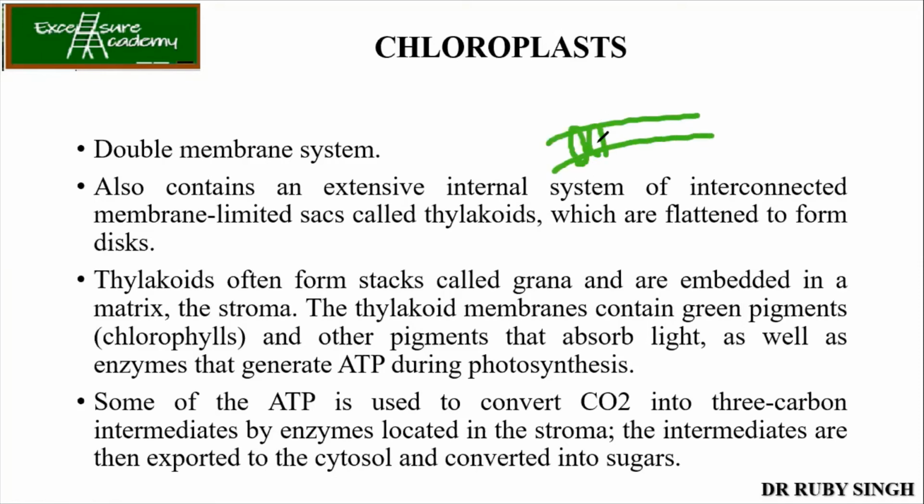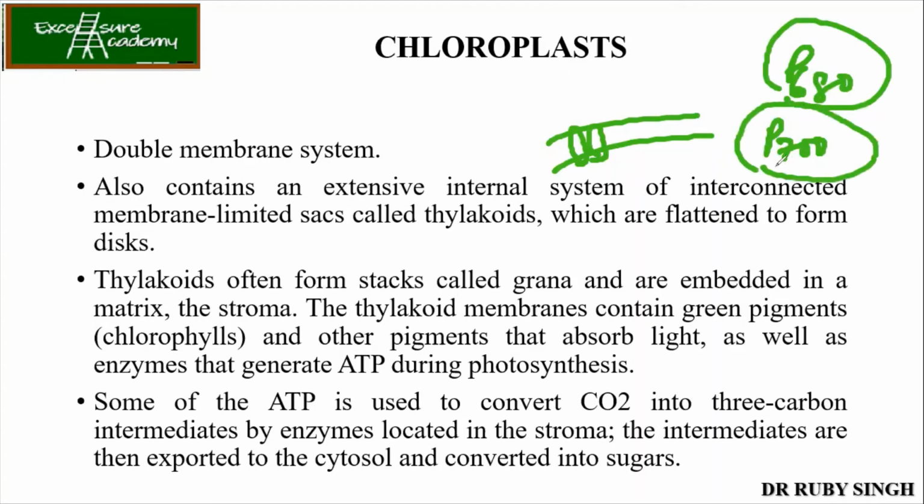In the thylakoid, photophosphorylation takes place, right? So you will have all your light harvesting complexes like LHC 1 and 2, and photosystems 1 and 2. Remember, we write P680 and P700. P680 means the photosystem gets activated at a wavelength of 680 nanometers, and P700 is activated at 700 nanometers. Cyclic and non-cyclic photophosphorylation are all there, responsible for your thylakoid system. They are present on the thylakoids, and we'll study them in detail.